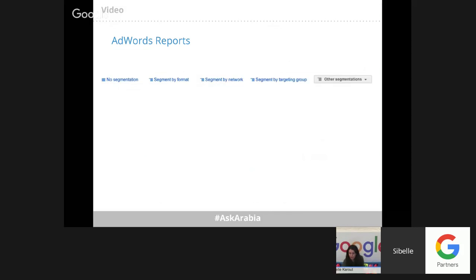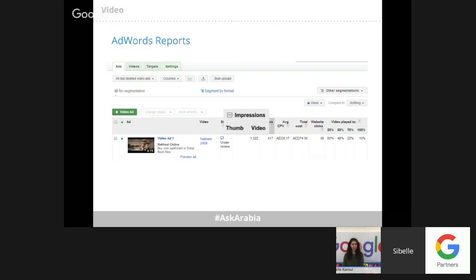With AdWords reports, you can see the impressions. You can see thumbnail impressions, so how many times people saw your video ad display, the banner, how many times did it appear, as well as how many times did your video appear.